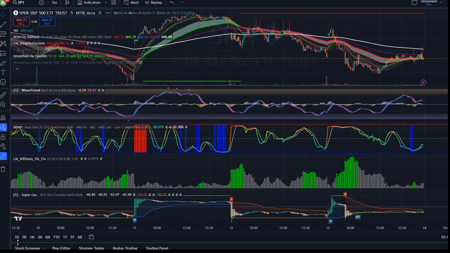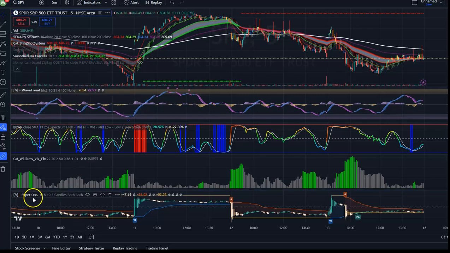I'm going to show you how I do some trading, and right now I'm going to be showing you the SPY 5 minutes, and here's my system. Now I am a member of TradingView, and so I have a couple indicators here that you're going to be using. CM Slingshot System, you can see right here, SEMA by Selnak, and down here an important one is the